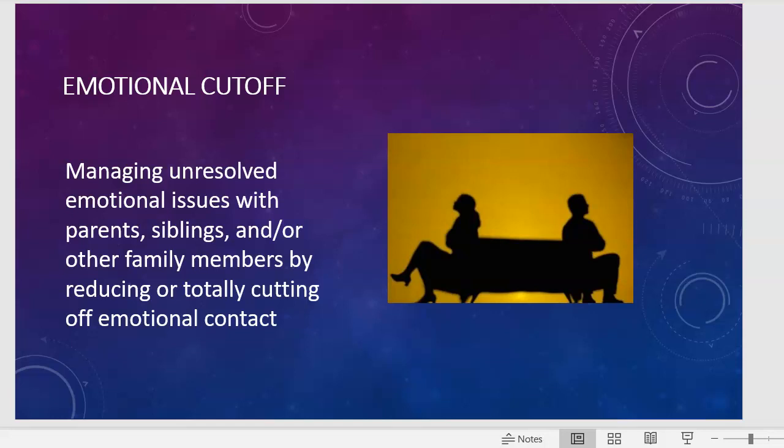their well-being. So emotional cutoff is a strategy that a family member can use as a way of maintaining their mental health, as a way of maintaining their own equilibrium, and as a way of being able to live their life, but they're not actually sharing themselves or sharing within the family system.